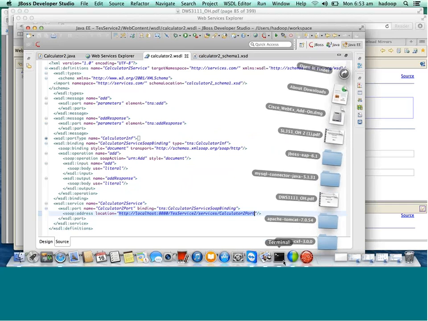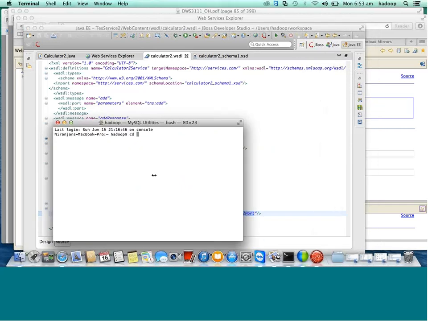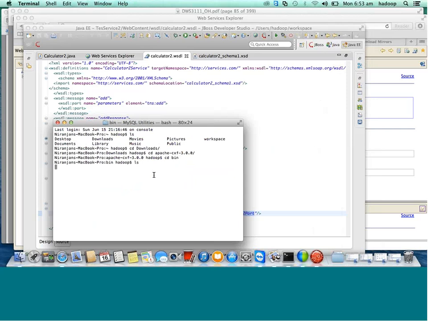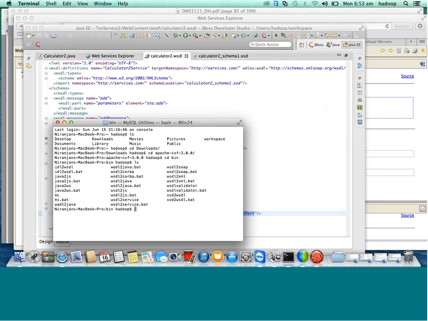I'll just go to cd. I think I have to do ls first. cd downloads. Then I'll do cd apache CXF. I'll go to bin, ls. Now,